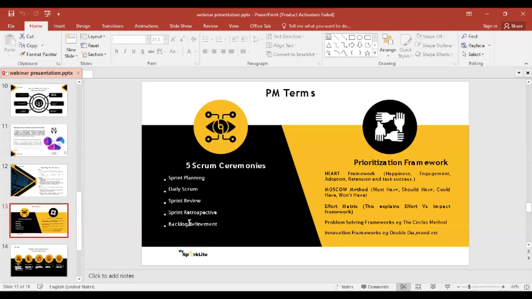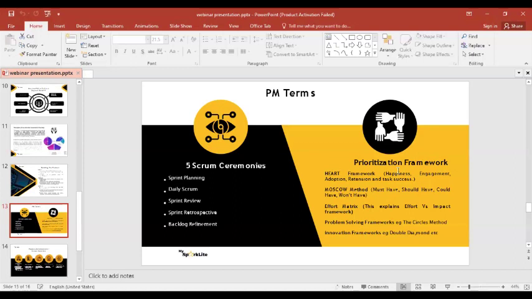Now that would also define which one will enter the sprint backlog, or which one would wait for the next sprint. So that's how they define which one moves, and that's where this backlog refinement comes in. There's also something that they often use. There's something they call sprint capacity, and they have sprint velocity. You understand? These are words that are often used and thrown around in the product management space.